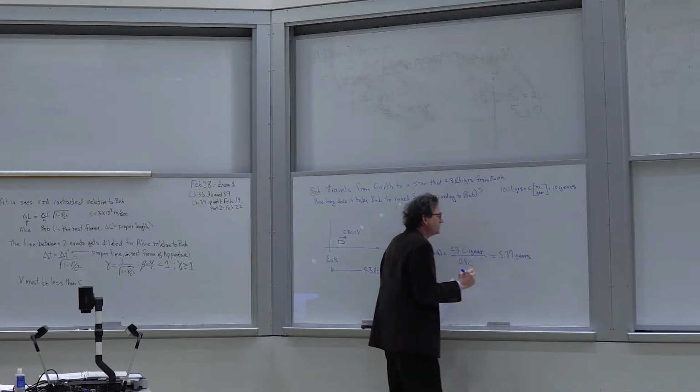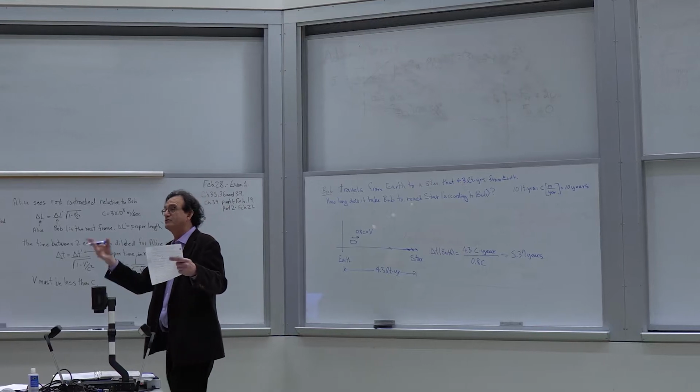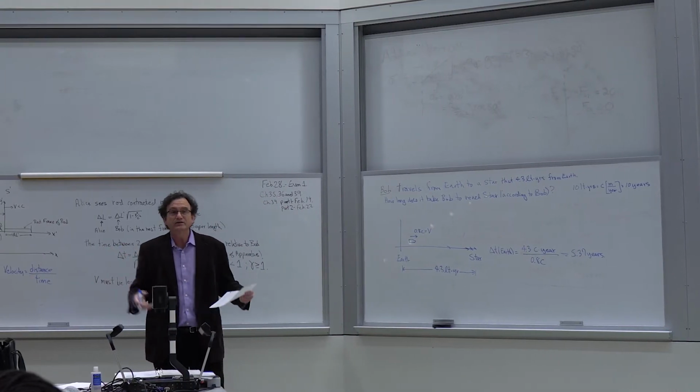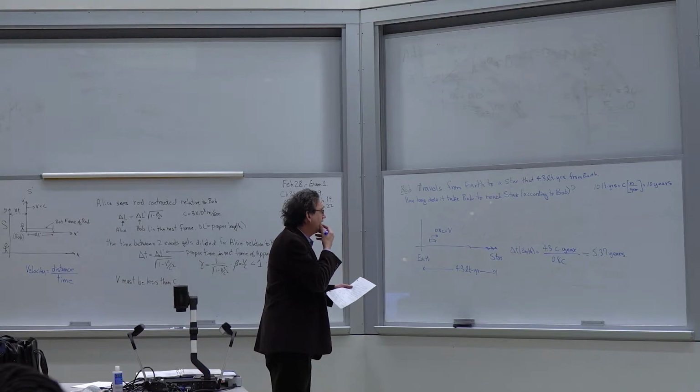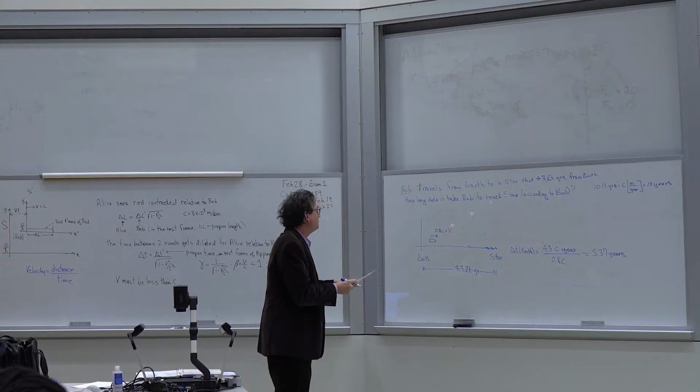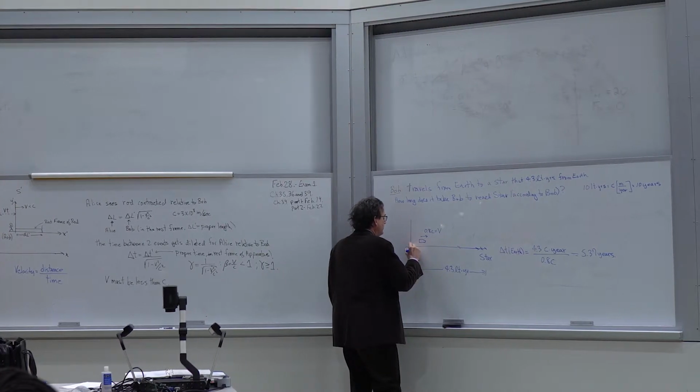So far, there's nothing unusual about that. If I told you you were traveling at a certain speed and you had a certain distance, then you could calculate the time, right? Okay. But now we know that things look a little bit different in Bob's system because Bob is now, imagine that